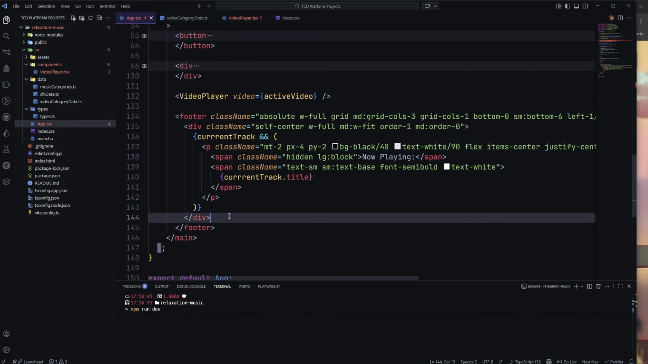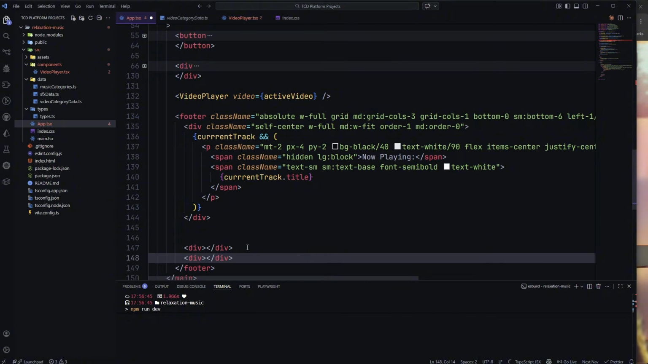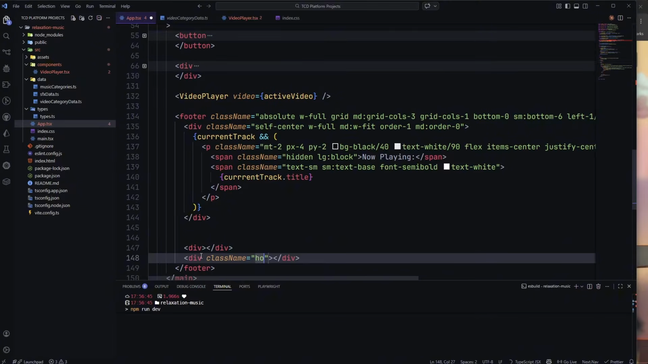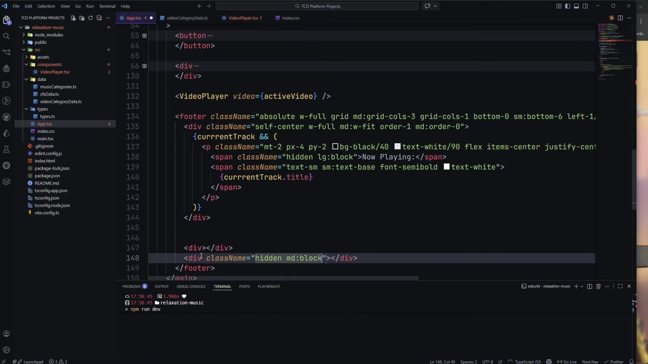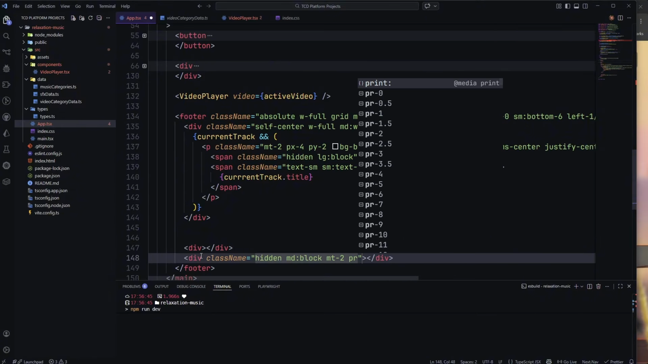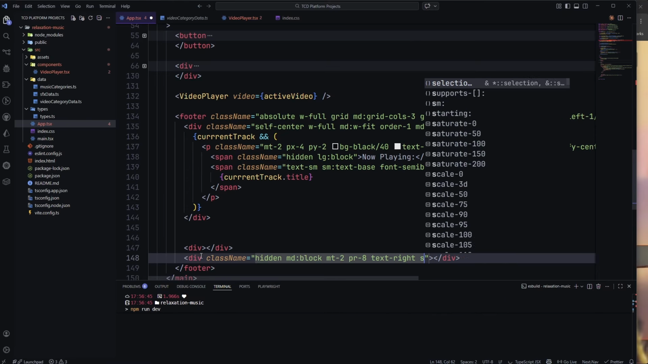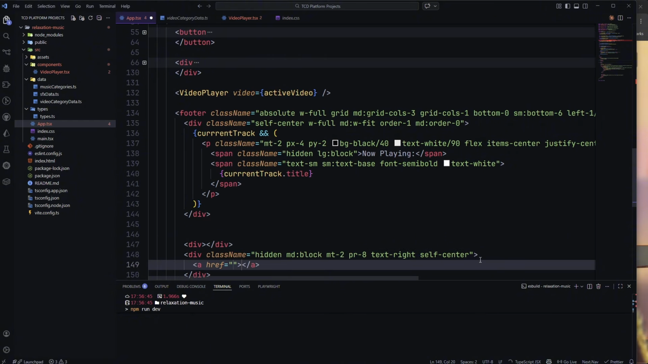And here we are going to have a div and also a div. So on this div here, let's do a class name. This is the footer, where the name of the site is. So hidden by default. On smaller screens, it's going to be hidden. And then on bigger screens, we're going to show it. And then margin top, that's 2. And then PR, we're going to set that to 8. And then text, we're going to set that to right. And then self-center. And then here, I'm just going to put an A tag and then